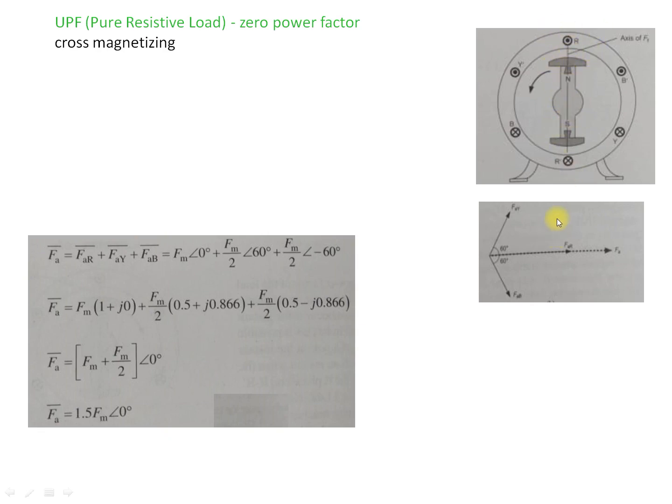Since this is in this position, we can quantify this position as FAR, which is an axis coming along this particular axis of the R phase winding. Since this is the axis, the MMF will be perpendicular to that axis. So we are drawing this FAR like this, and afterwards we can draw the other MMFs perpendicular to the corresponding axis.